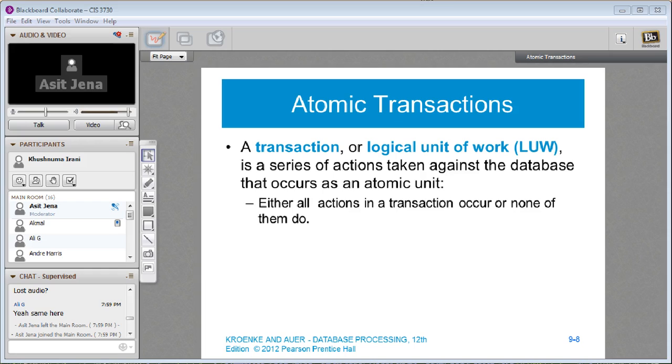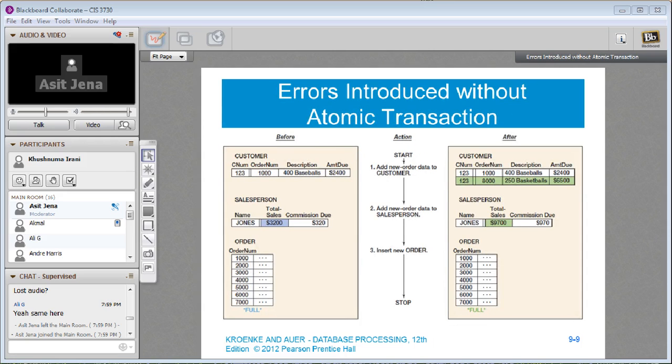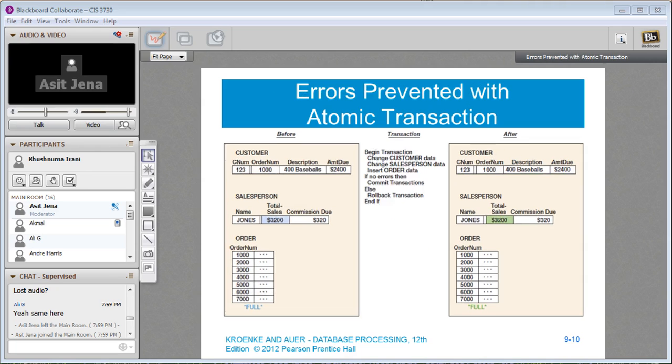So that there is no inconsistency in the database. Your checking account can't be debited unless the savings account is credited. And that's an example of a transaction. If you do not do a transaction, your savings account might be debited and your checking account may not be credited because something happened in the middle. There was a problem in the system, a power failure happened, the hard drive failed. Lots of things can go wrong in that unit amount of time.